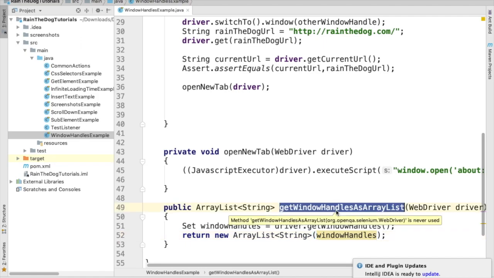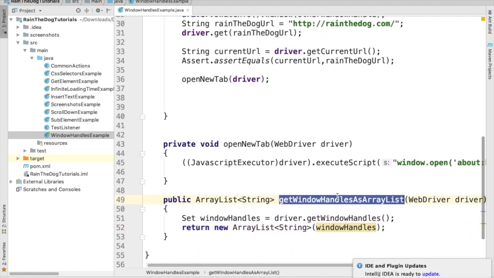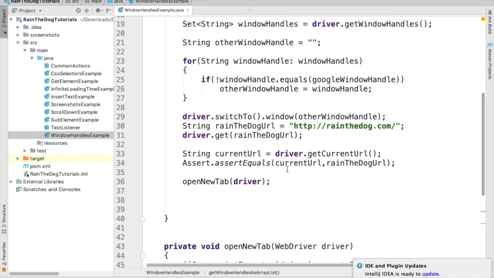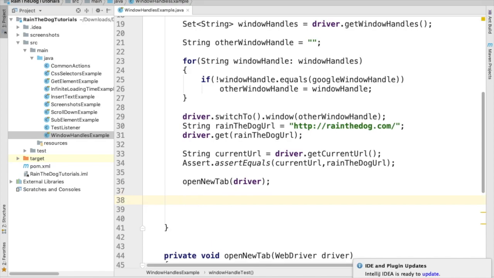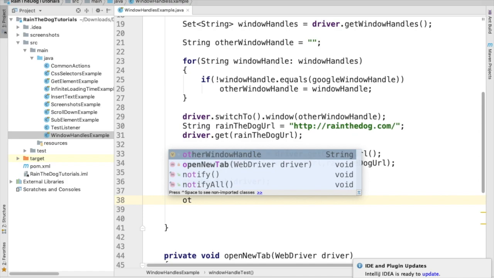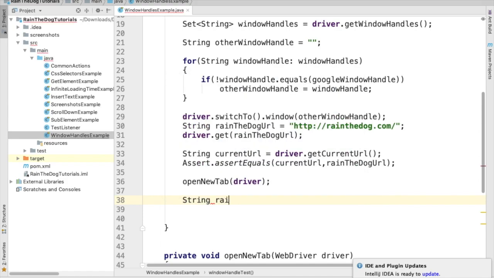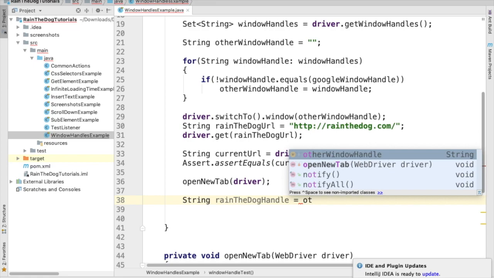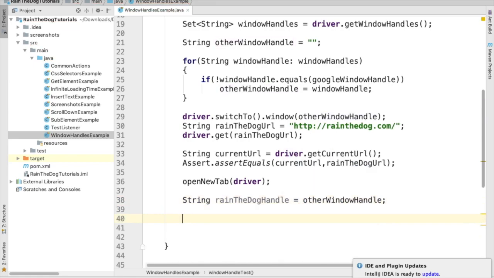Now we can use this method and we can do much more interesting stuff here. How do we get the new window handle? First, let's store the previous one. We call it other window handle, yeah? So let's store the Rain the Dog handle. It was the other window handle. Now, how can we know which one is the other window handle? So if we get this array list of the current window handles,